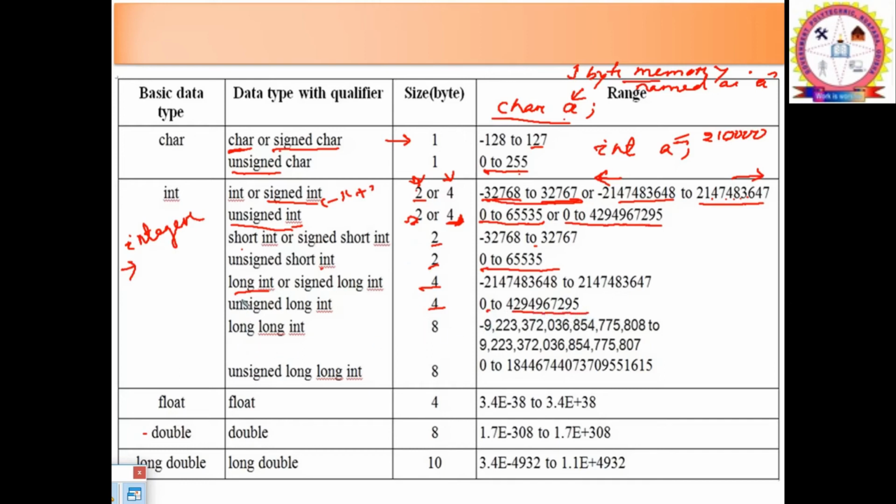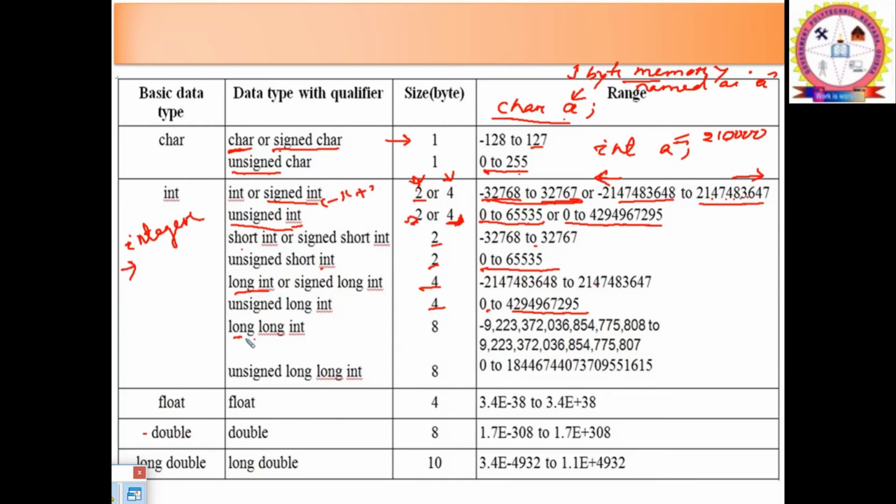So these are the modifiers. This is a sign modifier and this is size modifier long. If you need any larger numbers, we can also use long int. So more than 1 crore you can define in long int. If you still need a very large number, then you can define it as a long long int.